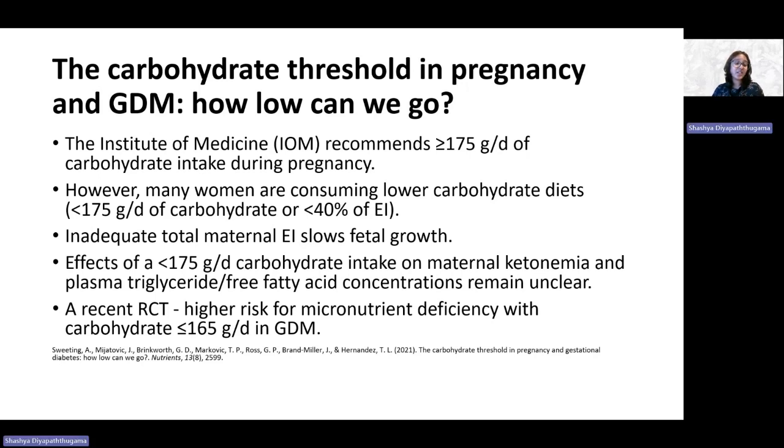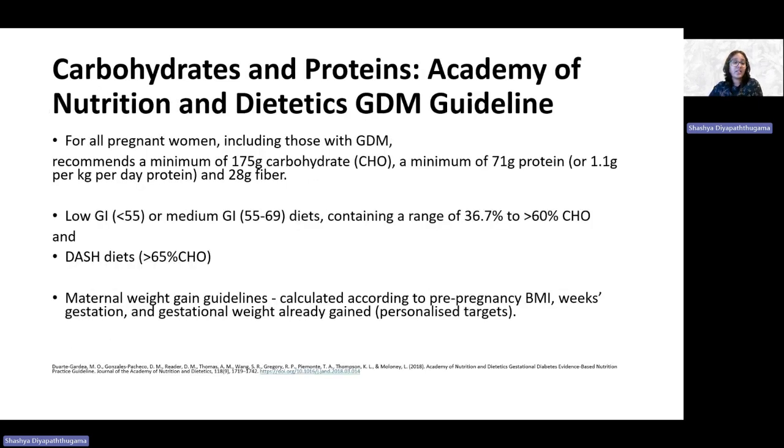And also a recent RCT tells us that lowering the carbohydrate levels below 165 grams per day could result in the risk of micronutrient deficiencies. Now looking at the guidelines of the Academy of Nutrition and Dietetics, for all pregnant women, they recommend a minimum of